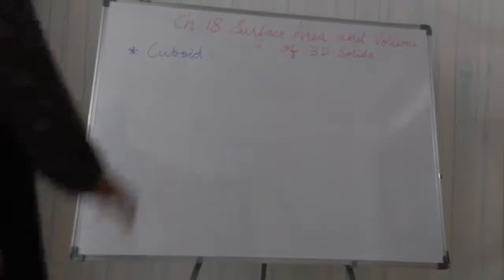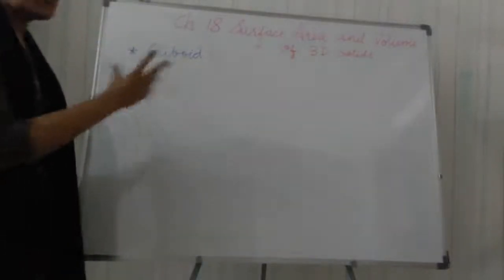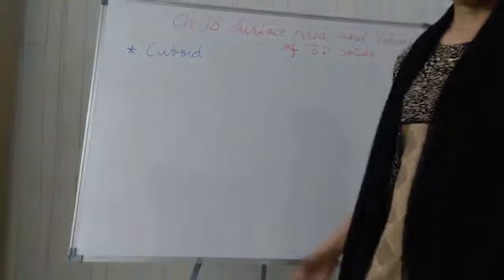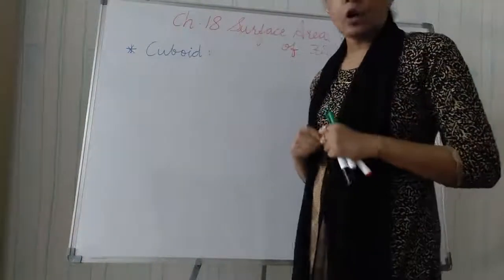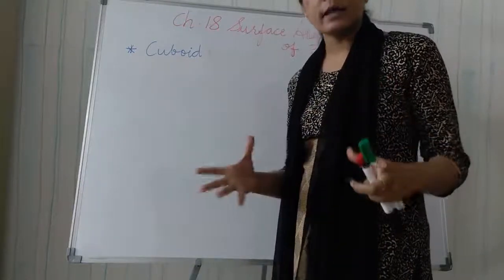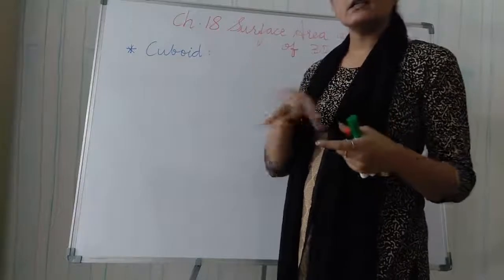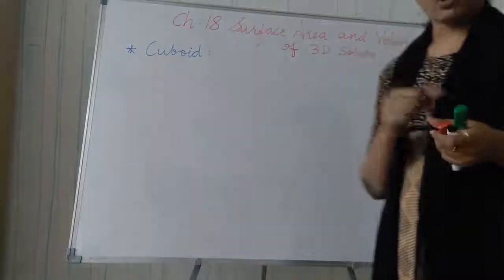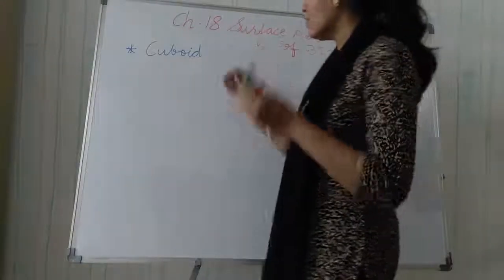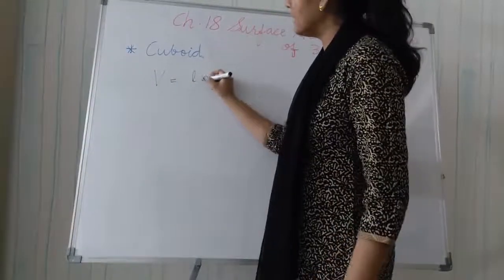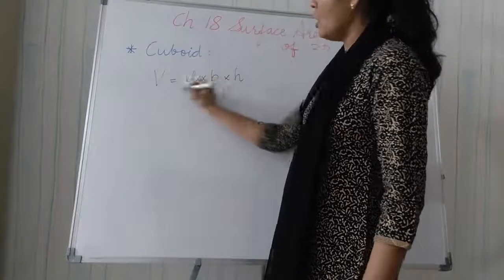Now students, we talk about the volume. See, just now I explained you cuboid shape, 3 formulas. Now let us talk about the volume of the cuboid. I have already explained you what is the meaning of volume: the space occupied. If there is a box or any shape which you can fill something into, then that is known as volume, right? So volume of cuboid is equal to length multiply breadth multiply height, or in short you can write LBH.